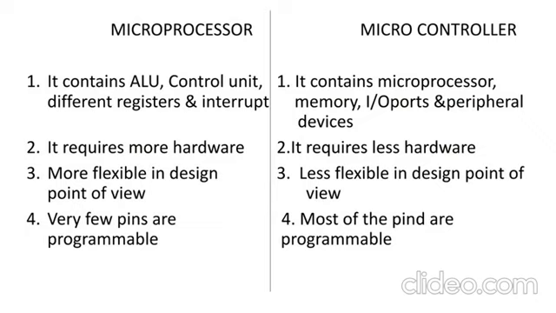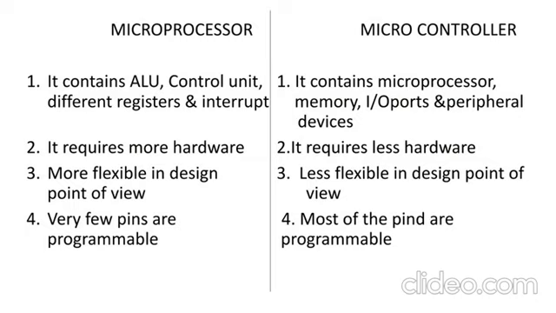So we can call it a mini computer, because with all those input devices, it can easily act like a computer, whereas a processor itself can't act like a mini computer. For that you need to add extra parts like input output devices and memory elements. That is the reason a processor requires more hardware, whereas a controller requires less hardware. Because of this more hardware, a processor occupies more space, whereas a controller requires less space because everything is built into a small single chip.